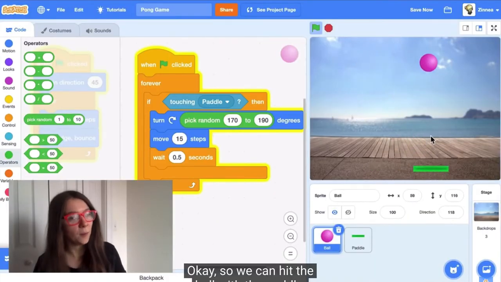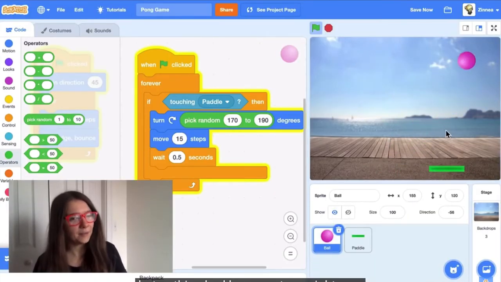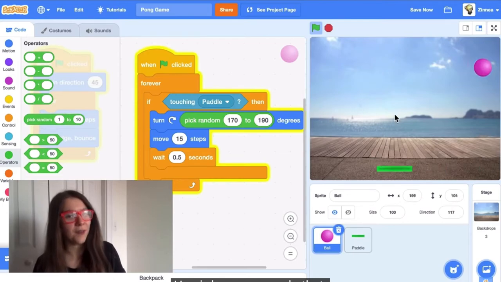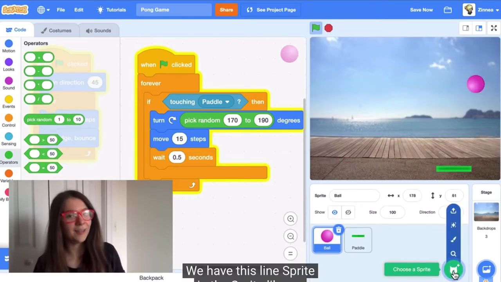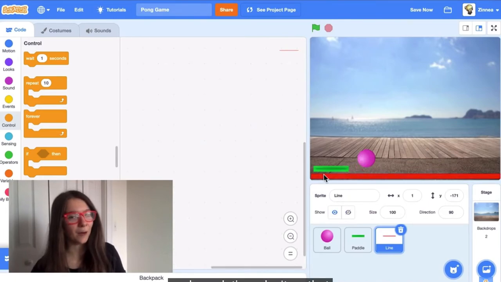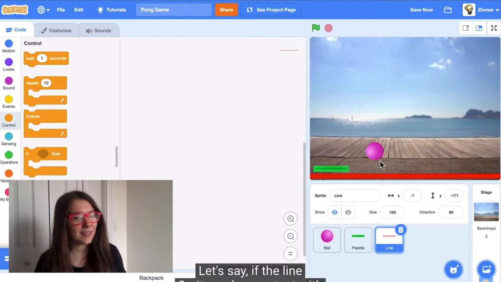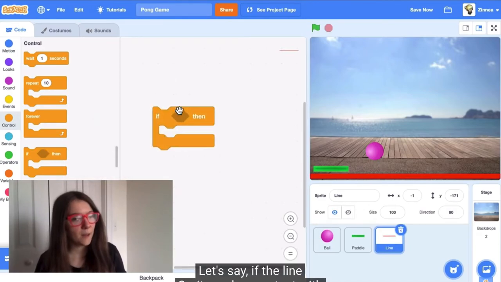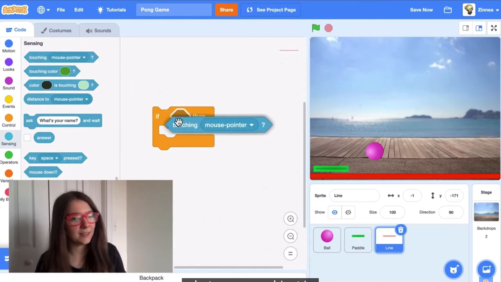Okay, so we can hit the ball with the paddle, but nothing bad happens to us right now if we don't hit the ball and it just goes to the bottom of the screen. Let's make it so that the game ends if the ball hits the bottom of the screen. Here's how you can do that. We have this line sprite in the sprite library, so if you click and add that to your project, you can drag it to the bottom of the screen. And now, let's make it so that if the ball ever touches this line that's under the paddle, then the game ends. Let's say if the line sprite makes contact with whatever your object is, so I'll pick the ball